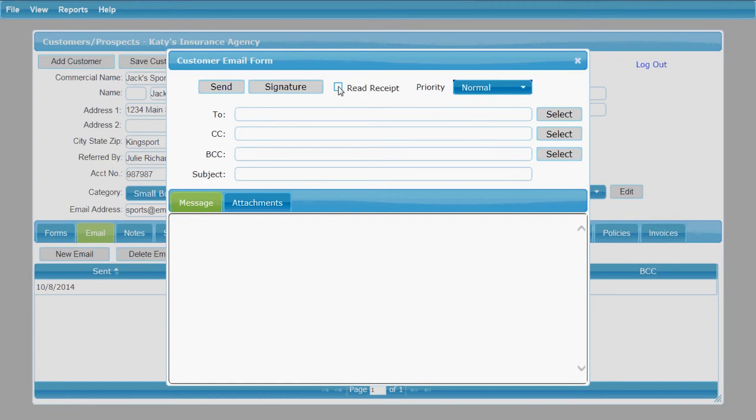You have the option to select a checkbox here for read receipt so that you'll know when your recipient has read this email. You can also set a priority level here. You can select different levels of priority. And you have your typical